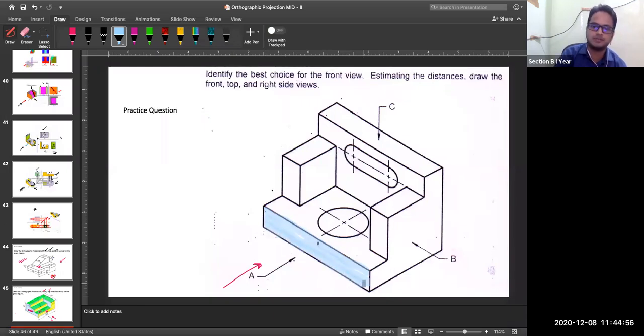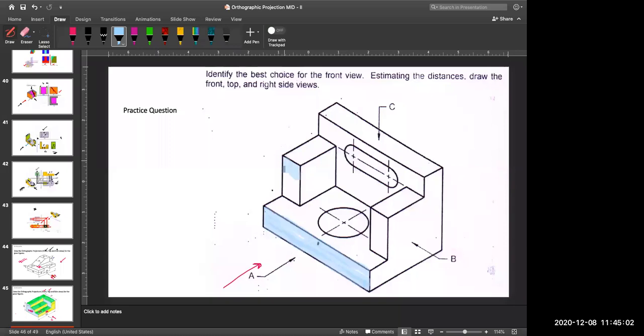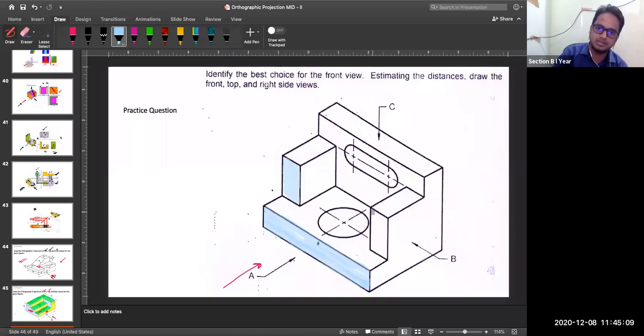Now, which other faces will be visible from the front view? This face? Yes, sir. Okay. We have this type of face on this side also. So this will also be visible. Now, what other face? And now coming to this one, this will be visible.